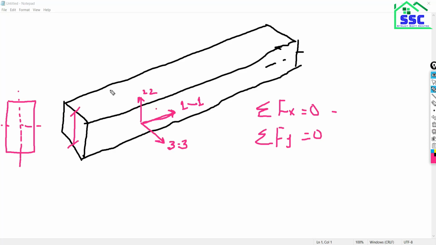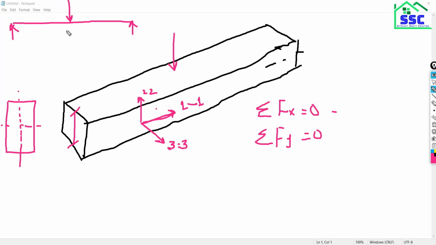So what are the forces? The vertical forces coming on the structure. In respect of this vertical force, suppose this is the support condition and this is the force applied over this beam.